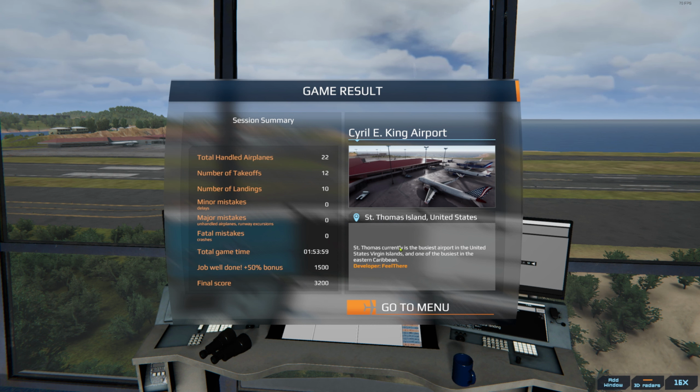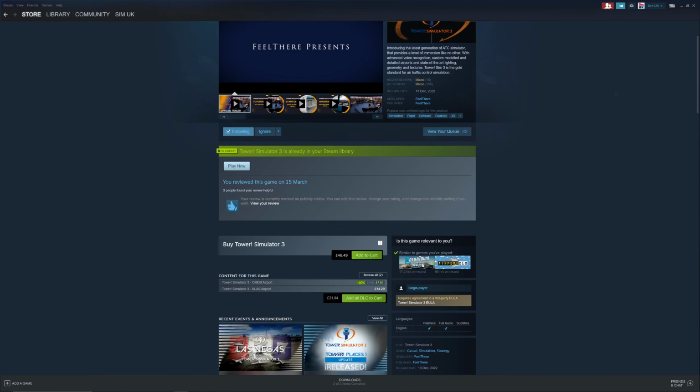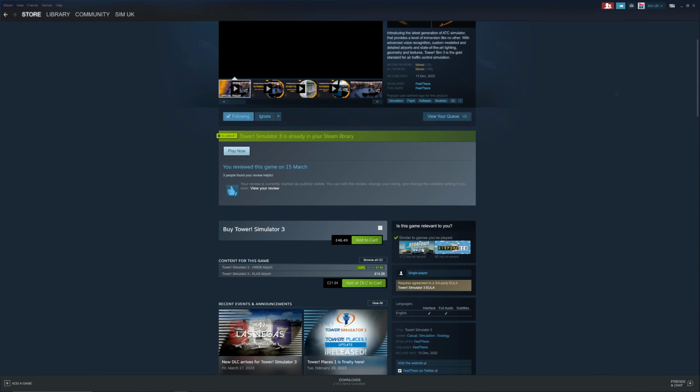St Thomas currently is the busiest airport in the United States Virgin Islands and one of the busiest in the Eastern Caribbean. Nice. The base game is $46.49 on Steam right now, and there was initially a discount for existing